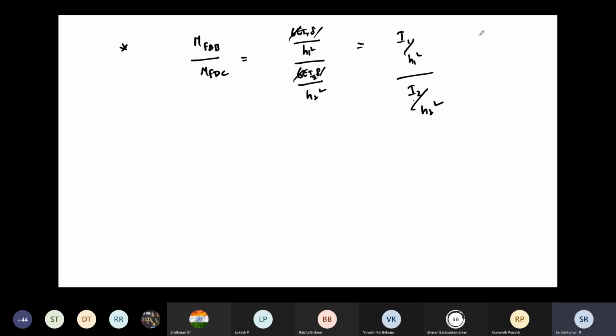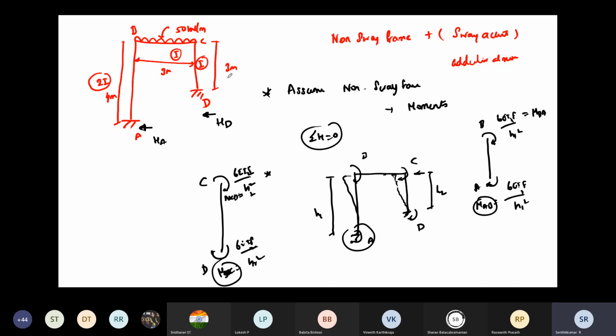If again I1 equals I2, what will your ratio be? It will be H2 square by H1 square. This is your ratio. Based on this ratio, you can keep it as a fixed moment for your calculation. How we can do that, I will tell you in the problem. Just as of now, you keep it here as a procedure. While solving the problem, you can understand what is going on. Okay, so this is the problem.